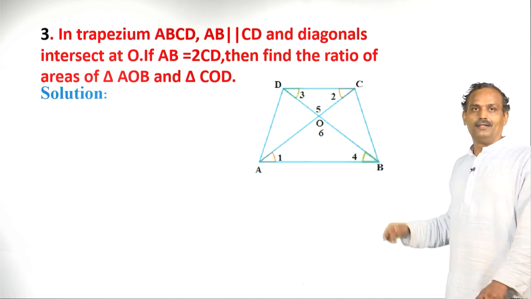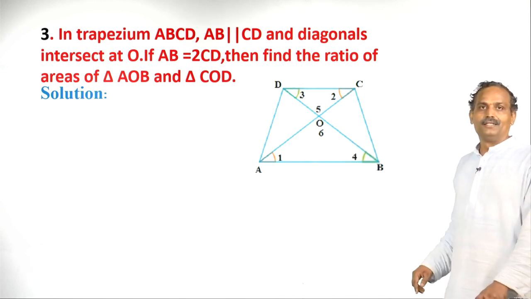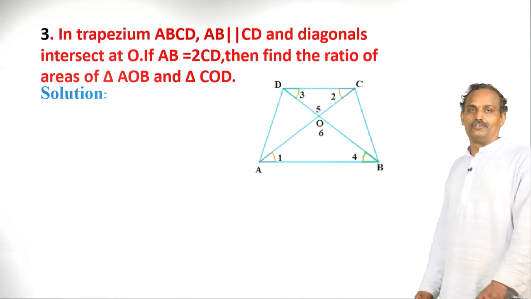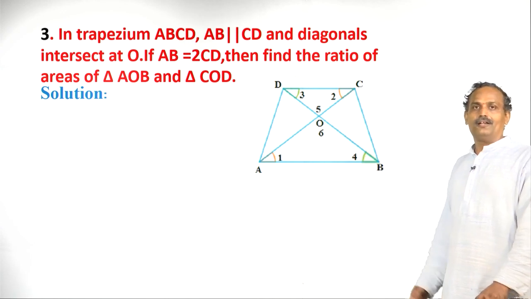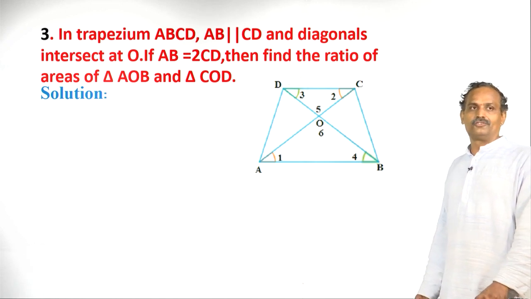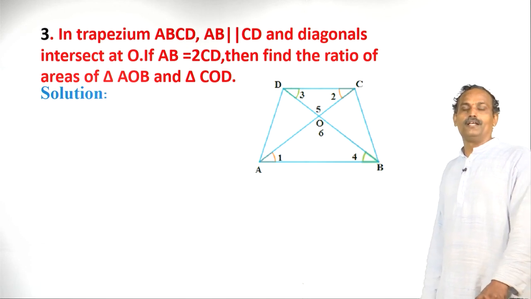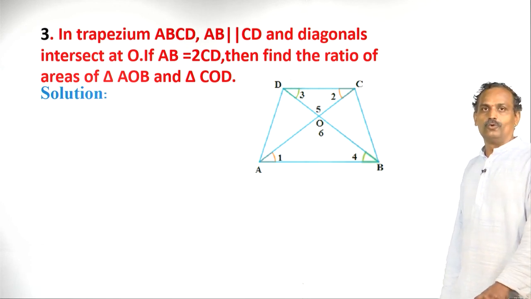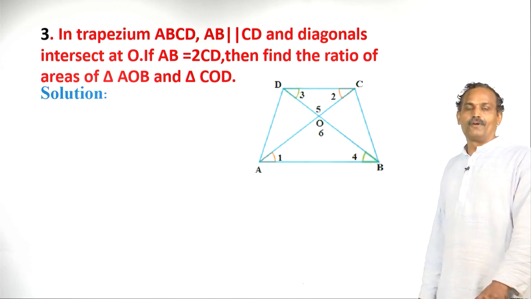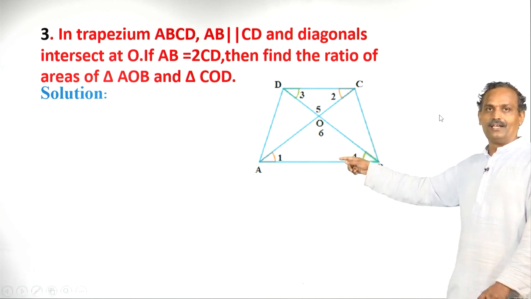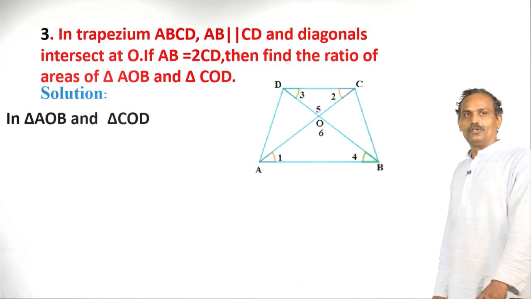Since AB and CD are parallel, we can tell that AC and DB are transversals. We can recall from the studies of 8th standard that if any transversal cuts two parallel lines, then alternate angles exist, and vertically opposite angles exist. Therefore we can easily tell from the diagram itself that angle 1 is equal to angle 2. Similarly angle 4 is equal to angle 3. Therefore we can conclude like this.